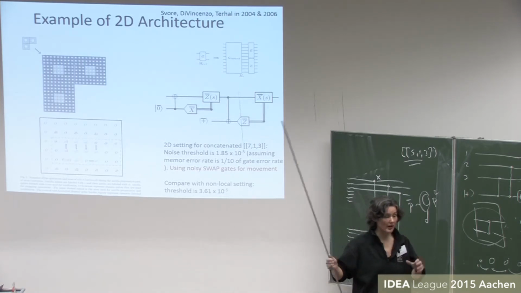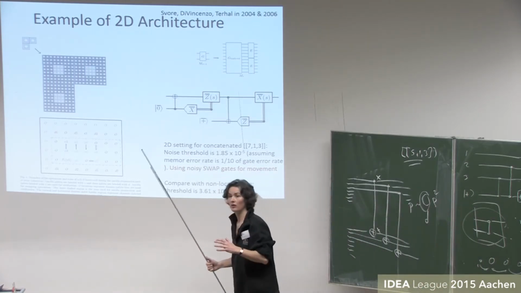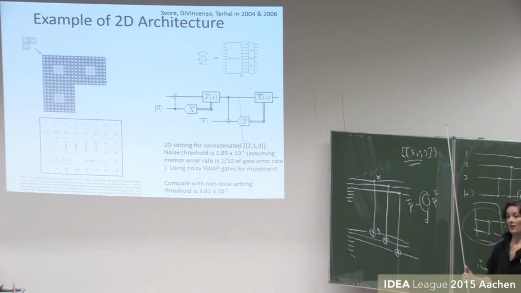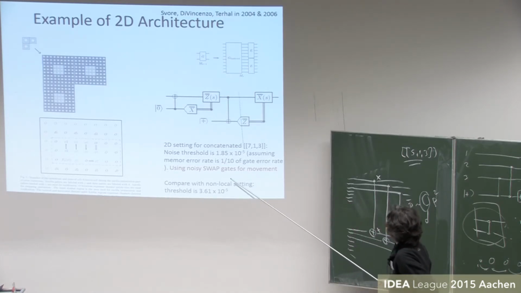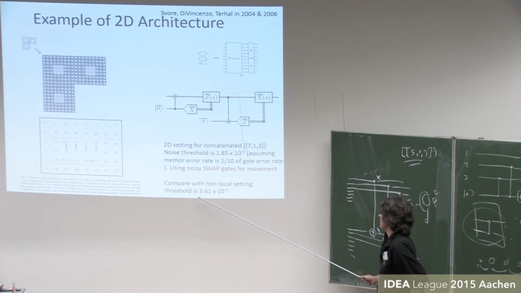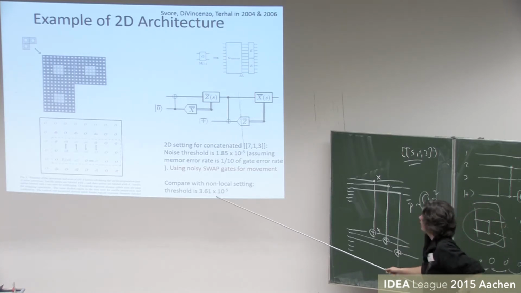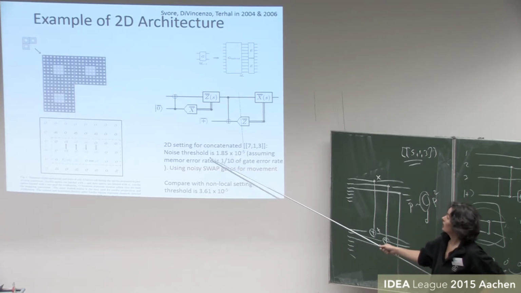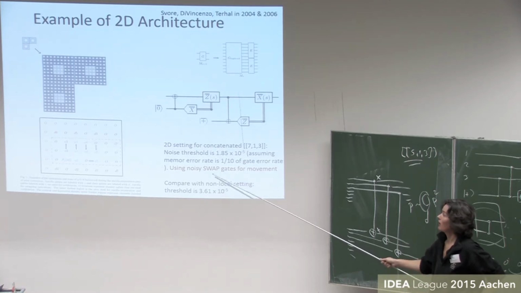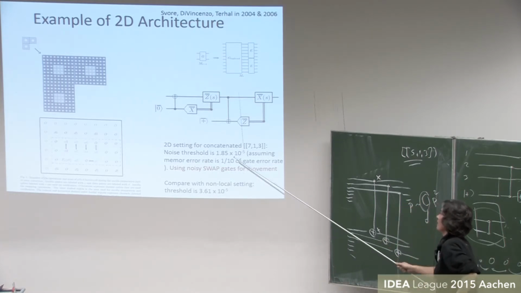So the idea is that you break down all steps into purely local steps. And every time you do a step at a higher level, after that you do a quantum error correction step at the lower level, to be protected. So we estimated, there was an analysis that for the concatenated 713 code, the threshold, this P critical, is 3 times 10 to the minus 5. And we estimated this noise threshold for this 2D setting, assuming that the noisy swap gates had the same error rate as other 2-qubit gates, and we had to assume that the memory error rate of a tenth of the gate error was